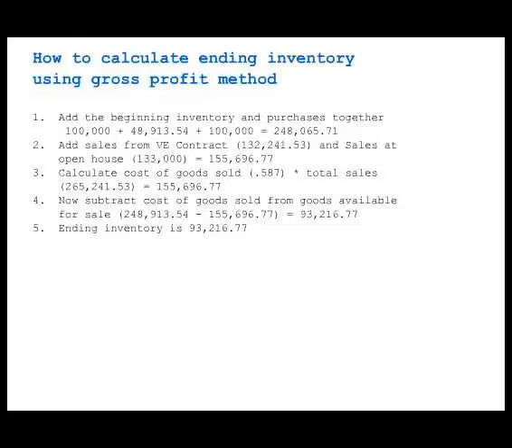Now we have to calculate the ending inventory. That's an important part of doing an income statement. So here's the steps. We add the beginning inventory and the purchases together. That's $100,000 plus the $48,000 plus another $100,000 for $248,000. Now we have to add the sales from the VE contract, $132,000, and the sales at the open house, so we have $155,000. To calculate the cost of goods sold, we multiply it times that percentage we found at BizStats, and we end up with